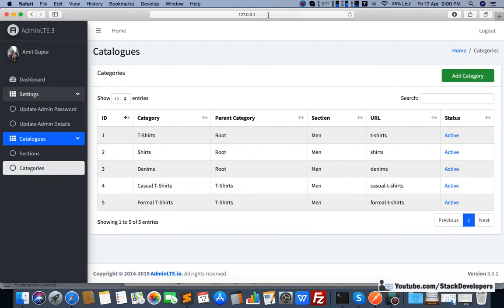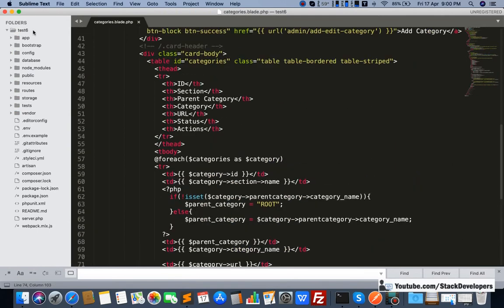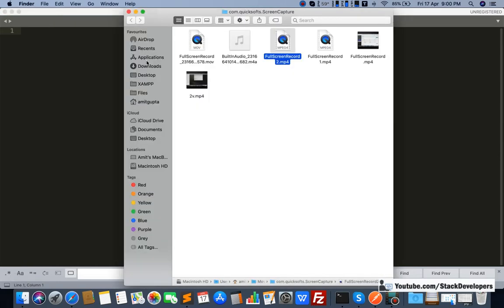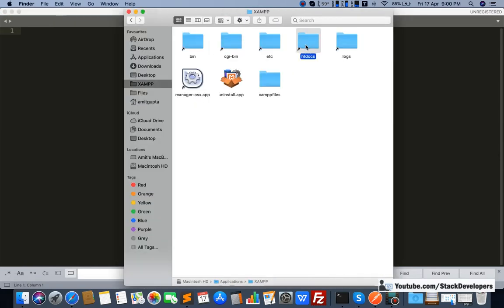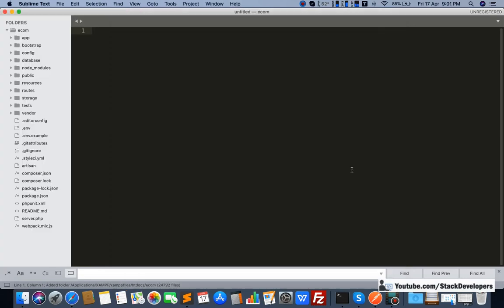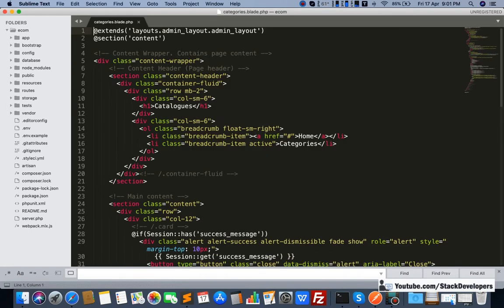So I'm going to open this categories.blade.php file. I'm going to remove this one, this is some other domain, and add the ecom domain here. This is our ecom website. I'm going to open the categories.blade.php file.